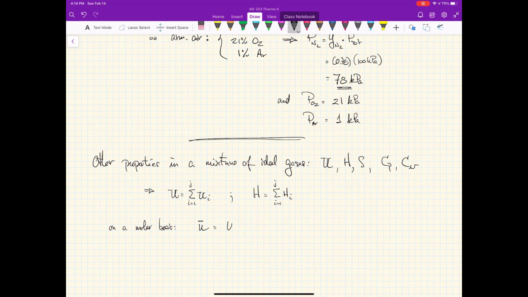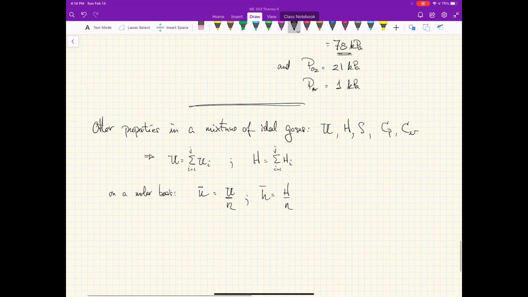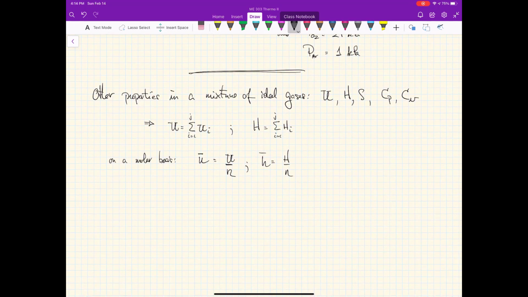How can we figure this out for the mixture of ideal gases if we know what these are for each of the individual constituents? Obviously, the contribution of each constituent, the total thermal energy of argon, for example, in the air mixture, and the internal energy of oxygen and nitrogen, should add up to the total internal energy of air within the container, if that's the mixture that we have,